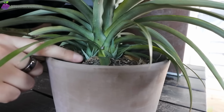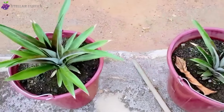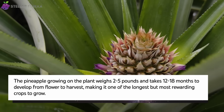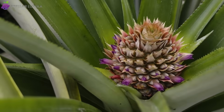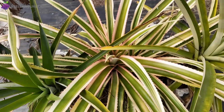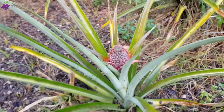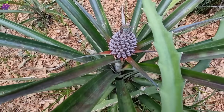directly in well-draining soil. The crown contains dormant growth points that will activate and begin producing roots within weeks. Pineapple plants are surprisingly attractive houseplants with sword-like leaves arranged in a rosette pattern. They grow slowly but steadily, and after 12 to 18 months, a flower spike emerges from the center. This flower develops into a new pineapple that grows above the plant, one of the most unusual and satisfying fruits